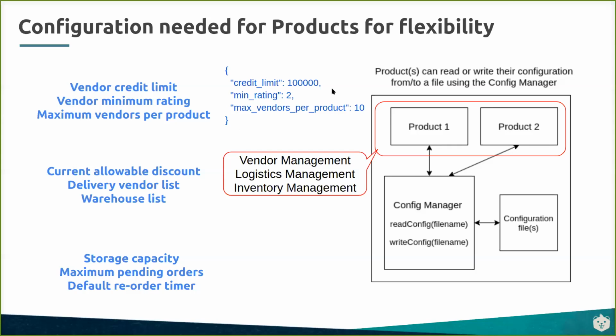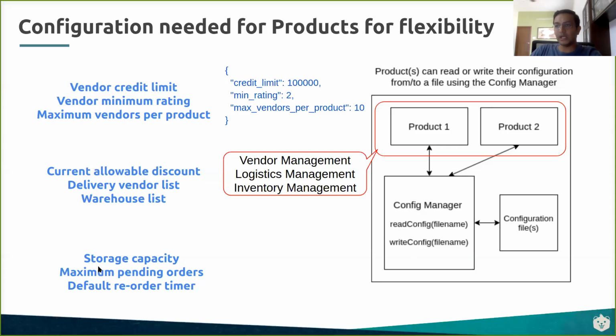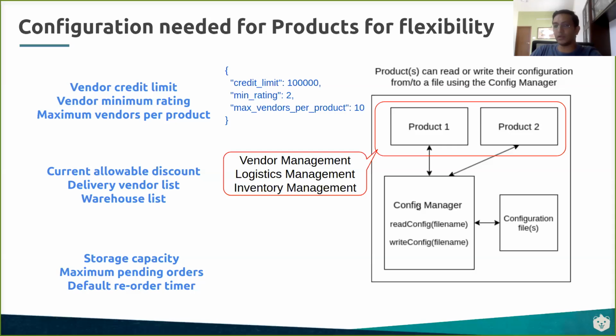So those kind of things are called configuration, and in this particular problem, all of them are talking to a configuration manager. Since all of them have a need for the same functionality, the company does not want multiple different configuration managers. It says, I'll have one configuration manager. All of you products just talk to that configuration manager. Whenever you want to update your configuration, go tell him to write the config. Whenever you want to fetch the configuration, go to that configuration manager and say read config, right? That simplifies my life as a company because all of the products are using the same code, correct?